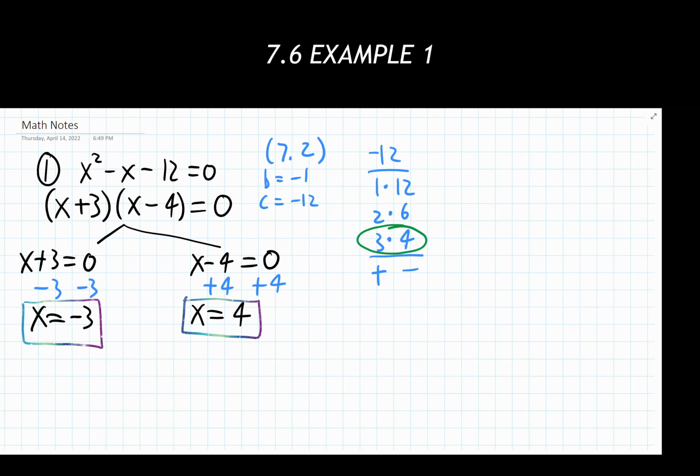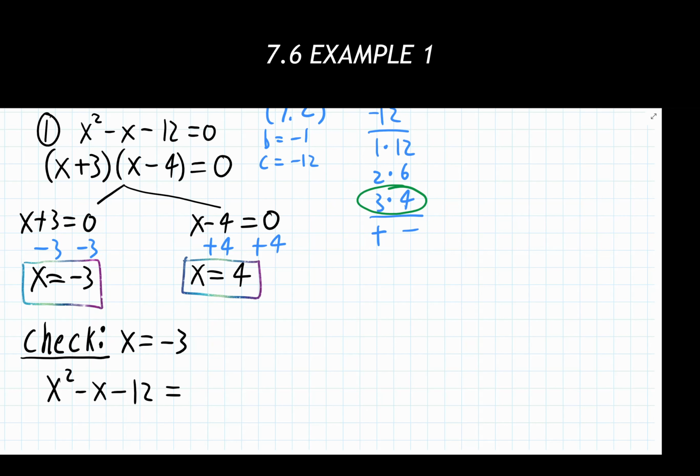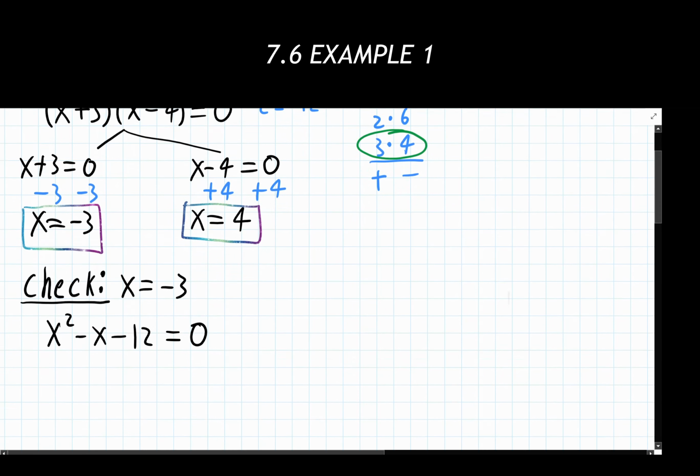Now to check these, moving us down here a little bit, we can only check these answers one at a time. So you need to note for yourself what's the first one you're going to be checking. And I'm just going to check x equals negative 3 first. So from our original equation, I should say. Oops. Computer's glitching on me a little bit. There we go. So I write out my original equation exactly as it's been given to me.